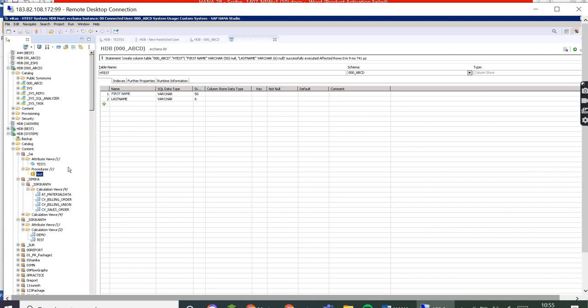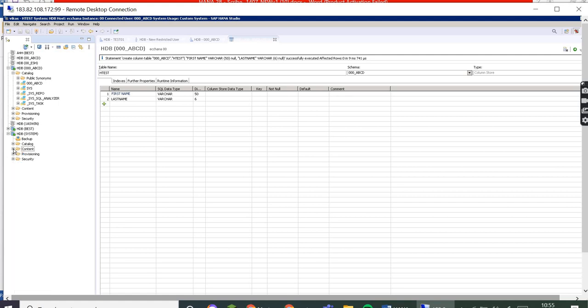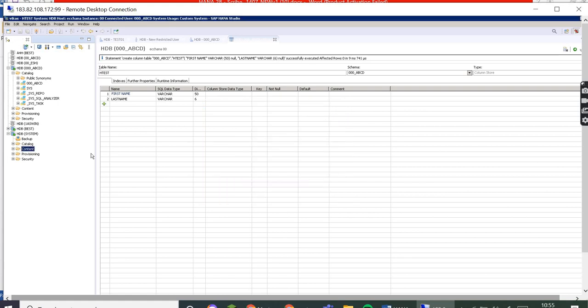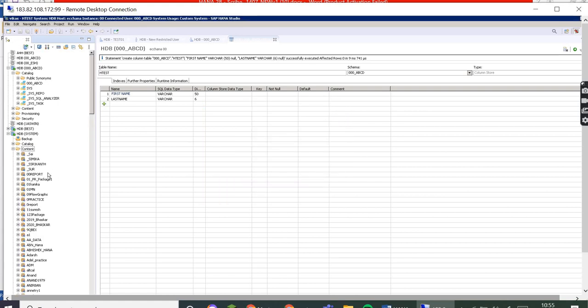What is the use of this package? A package is just a kind of folder. Whenever we want to create any view, the view can be created in a package only. For example, if you want to create one package here, we can give the package name. Why are we creating this package? If you are creating views on finance tables, it is better for people to understand that this folder is specific for finance views. It contains the finance related tables, for example.